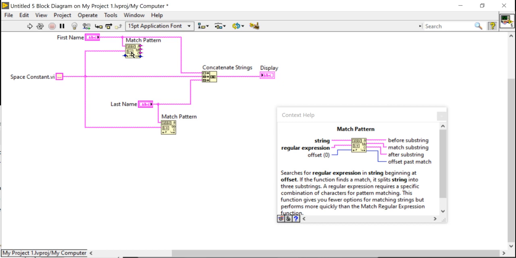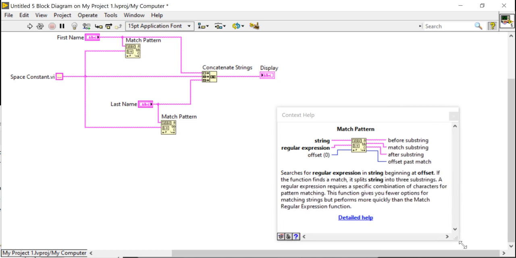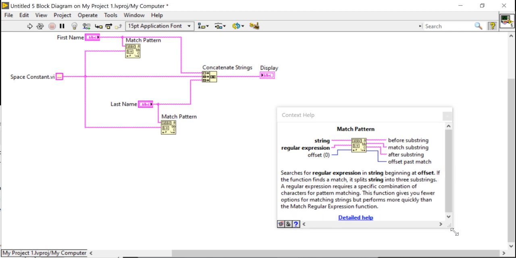Now press Ctrl H to know what the function is and what it will perform. Please read it carefully. The input is a string, a regular expression, whatever you want to search. Before substring, match substring, after substring.